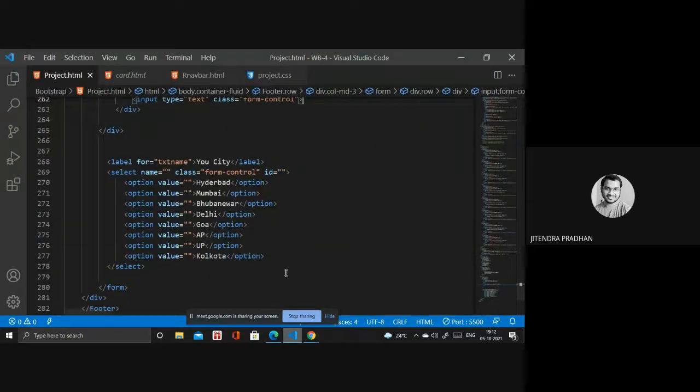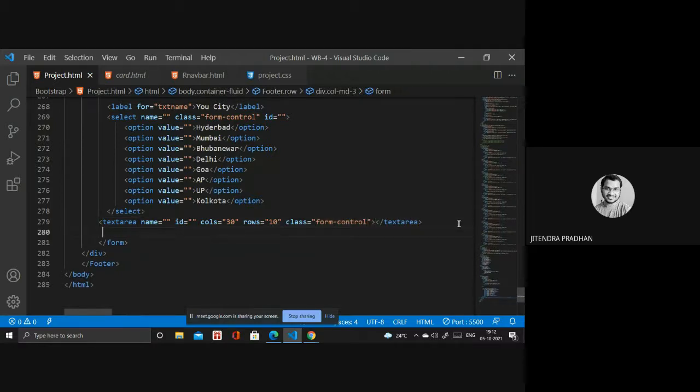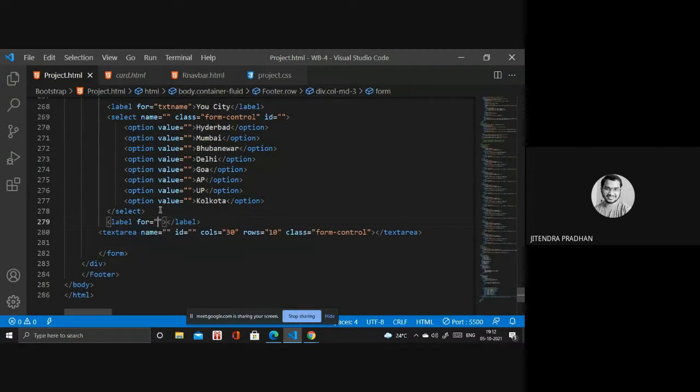And you need a button, right? So you have to write the button, and you can write any of that. Particularly, we have text area, okay, and for text area you have to write the form control class as well, form control, and submit. Or you can write any query for that label, query. Okay.